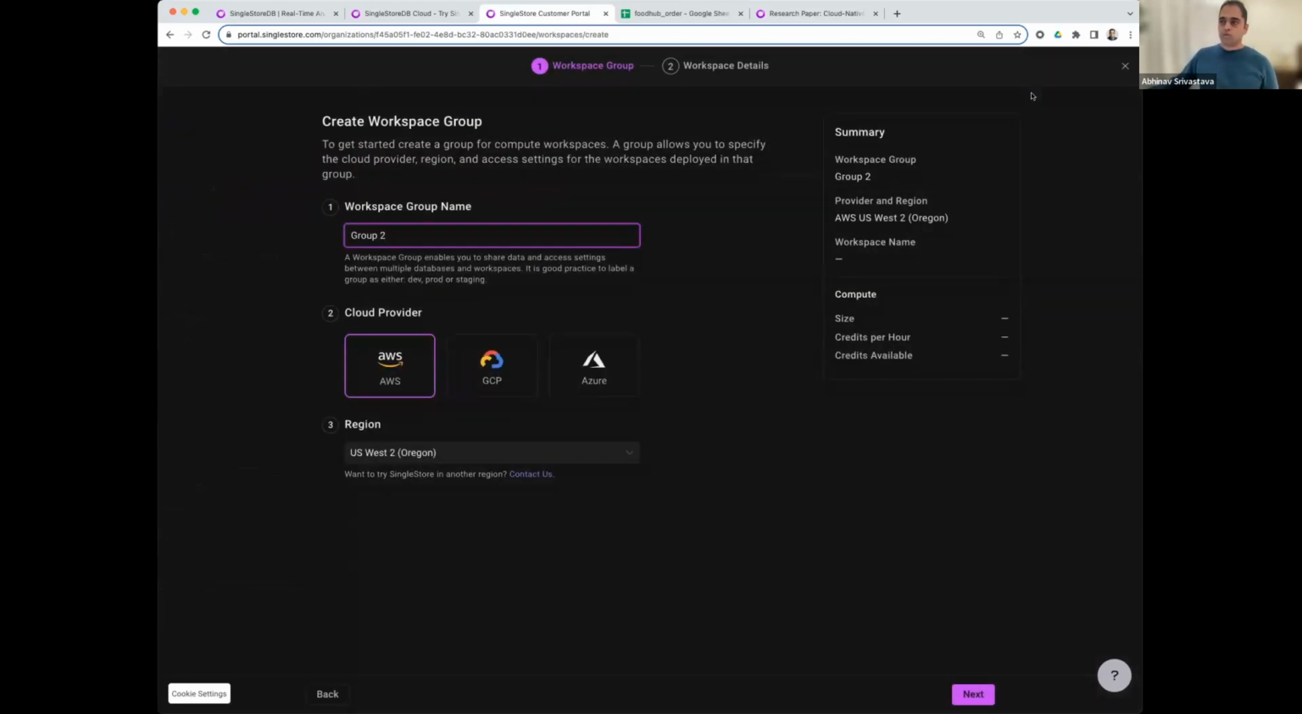So you create a workspace group, and as you see here, this defaults to group 2 because I already had a workspace group created, but you will get a chance to choose your cloud provider. So you want to specify either AWS, GCP, or Azure for this cloud trial. And you can specify which region you want to associate this workspace group with. Now, what the group does is it allows you to create your compute resources and your database, and manage them together in one